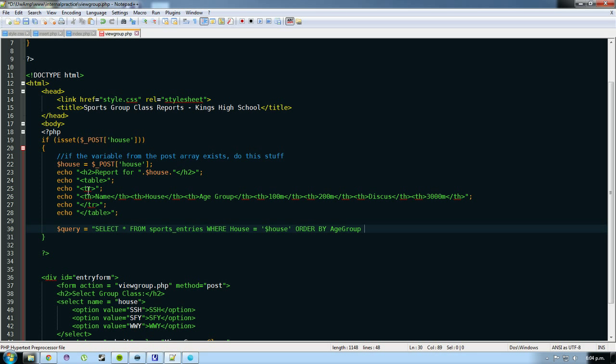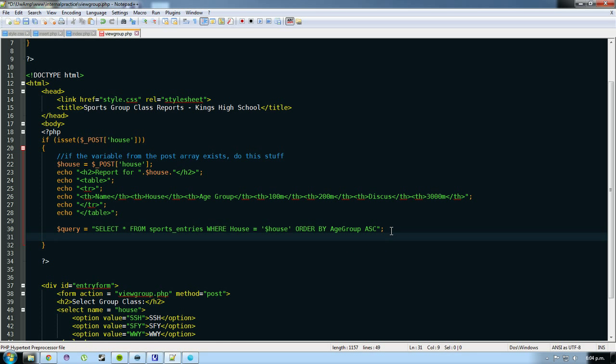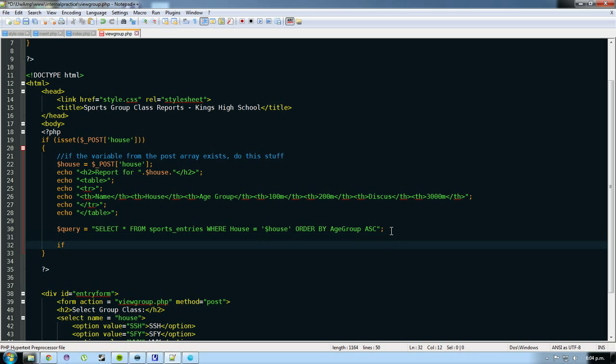Order by age group ascending. Hopefully that is correct. And that should give us a whole bunch of entries. So, assuming there's entries in there, if